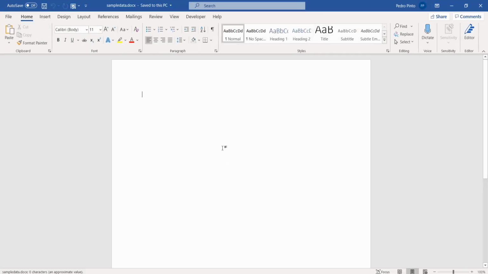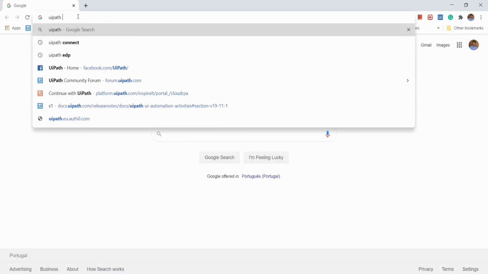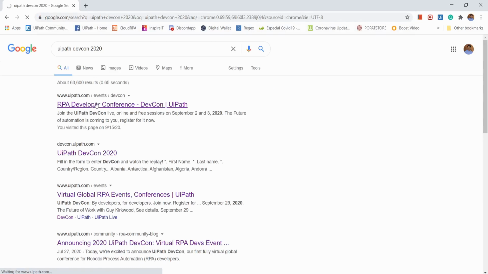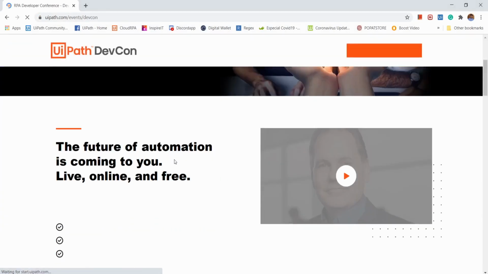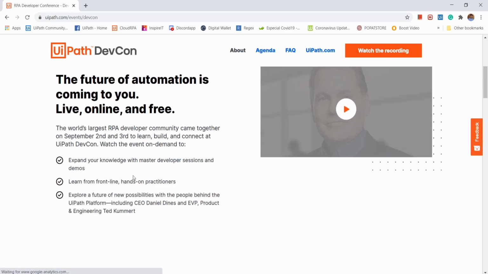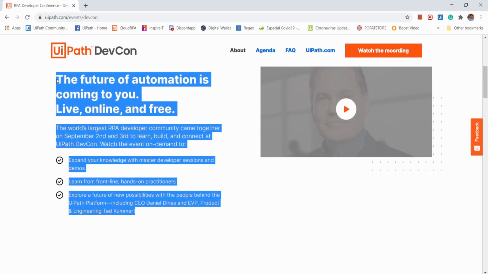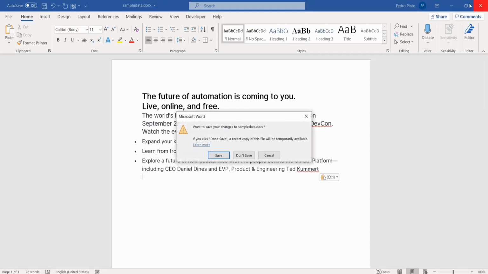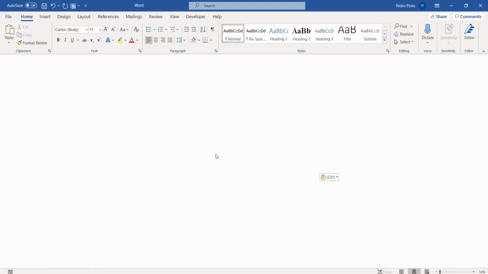Let me put some content inside the document. I'm going to UiPath DevCon 2020. So here we have some content. I'm going to copy and paste this content inside the Word document. Yes, I'm going to save.